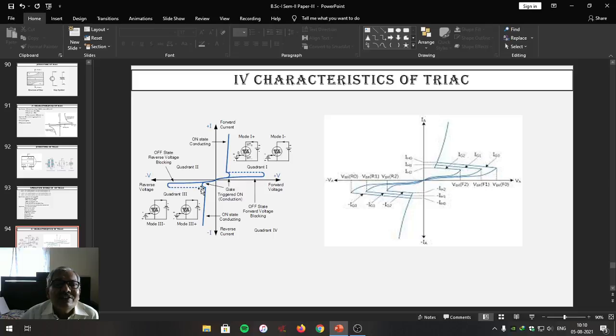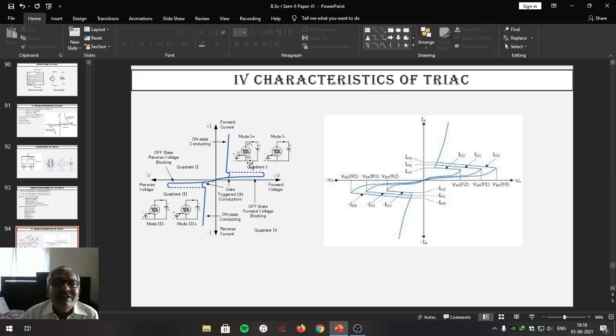When the supply voltage reaches the breakover voltage, after completing its blocking region, current suddenly starts increasing, and voltage reduces to the on-state voltage again. But if you apply a certain gate current, it reduces the forward breakover voltage, reduces the firing angle, increases the conduction angle, so that the triac is allowed to conduct earlier to control the current through it and also to control the power through it.